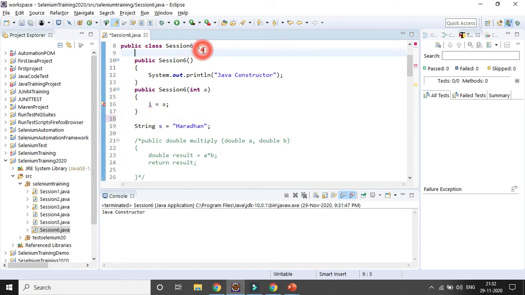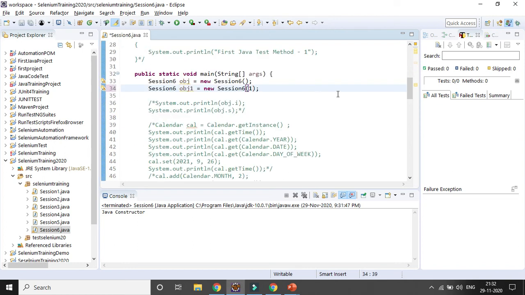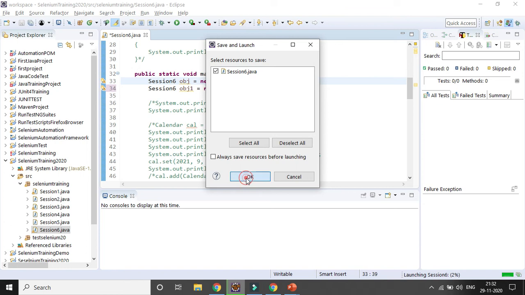Instead of i, let's create another variable. Suppose I am defining a variable, integer a, and I am assigning some value, say 10, and here I want to pass a value as b, and change it in a constructor. Let's keep the line of code we have written so far. Here it was 10, so let's keep it. Let's run it once more and see the output. It is coming properly.